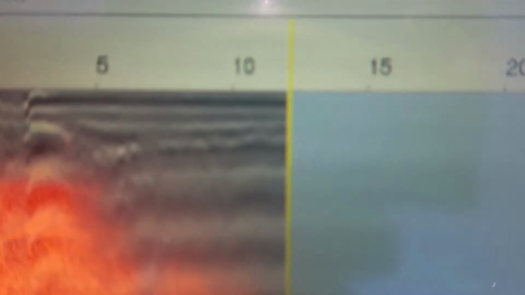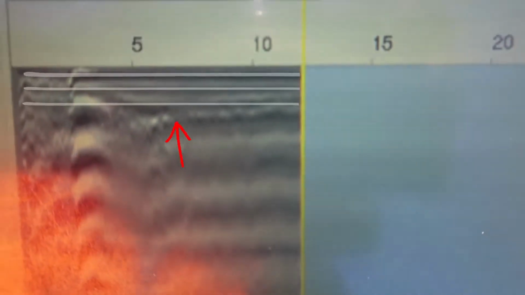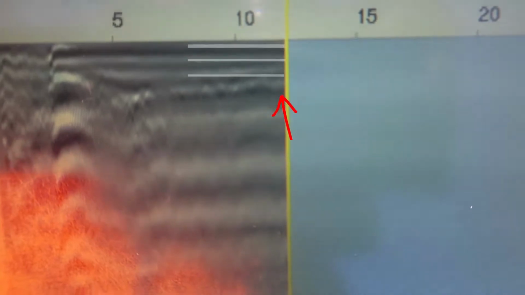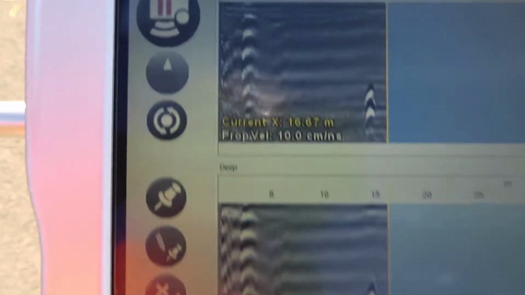Let's run the radar over the road and you can see what I'm talking about. Right now we're looking through the soil. We're using ground penetrating radar and we're sending signals down into the ground, into the earth, and anything different in there is coming back up. You'll see the different layers of the soil and the subgrade when they've laid it. Let's get down a bit more, you'll see a bit better. Keep coming, and all of a sudden, oh, there we go. So right there, so you go back.